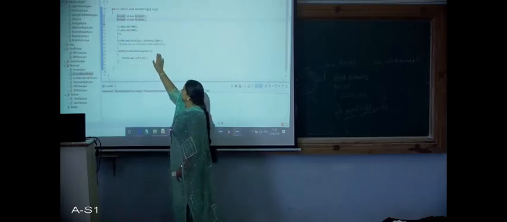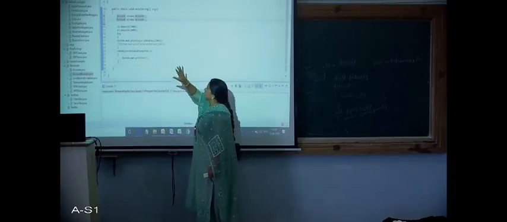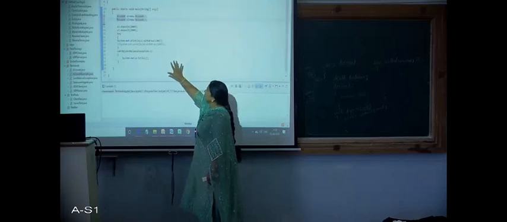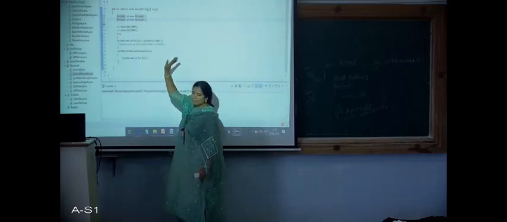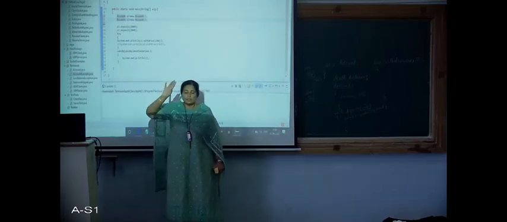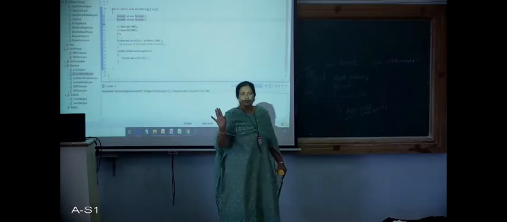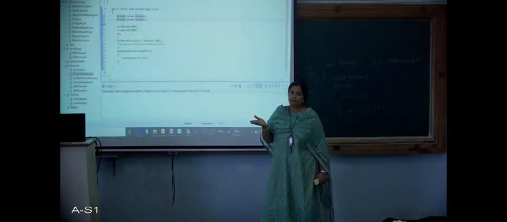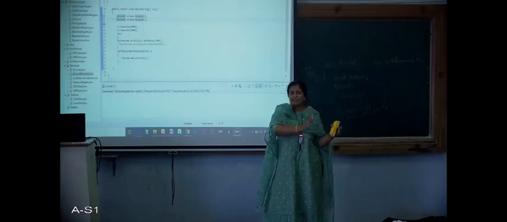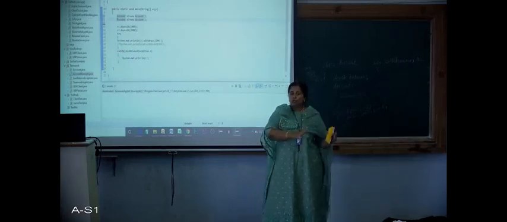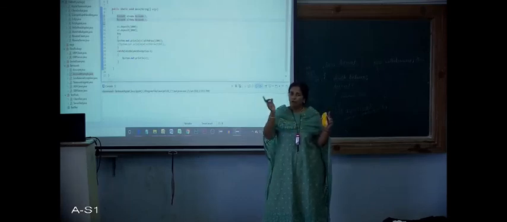I think it is clear to you now, because the caller of the withdraw function is this particular main method. So it is the responsibility of the main method to take care of that exception. So if a method is throwing an exception, it will tell that I will not handle this. If you want to use my methods, my statements which are there in the method, you need to take care. How